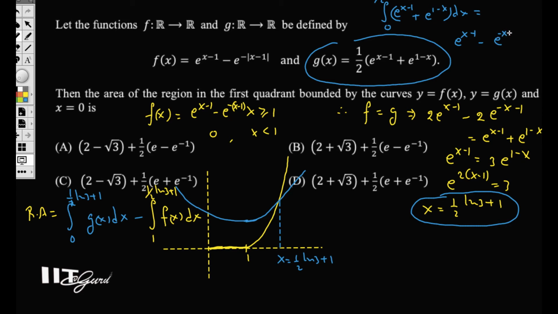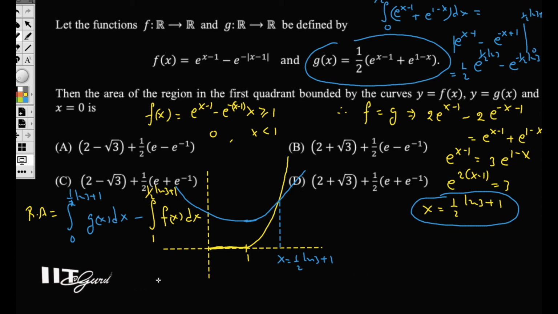So minus x plus 1 we write over here, and from the limit 0 to half of ln 3 plus 1, this limit, and solving that we get half of e power 1 by 2 ln 3 minus e power minus 1 by 2 ln 3, and solving all this, that is this blue part only. And for this yellow part, when you solve that, the result will be here,